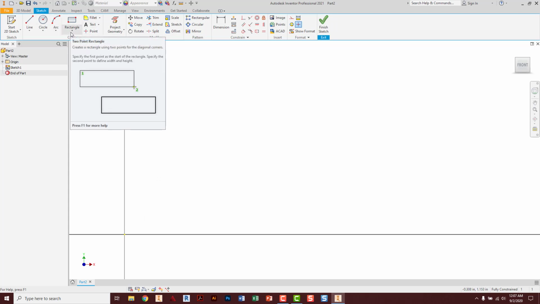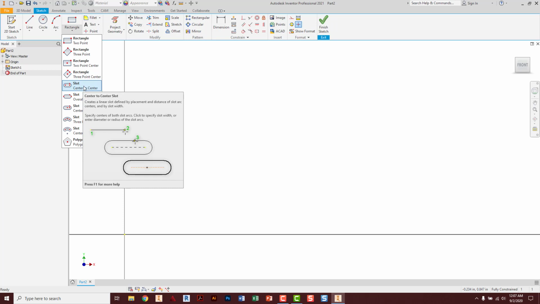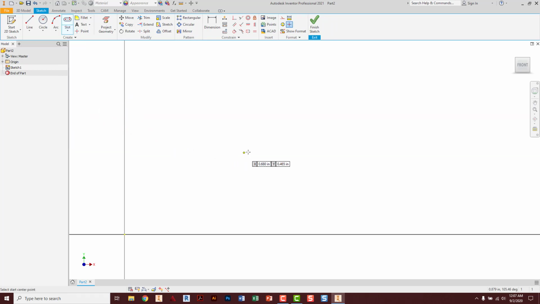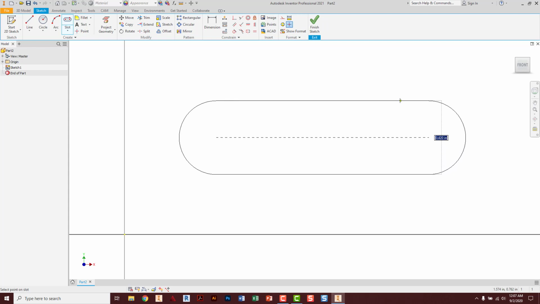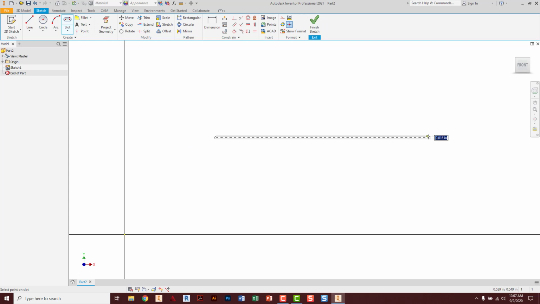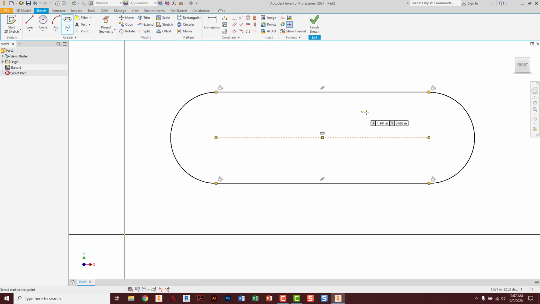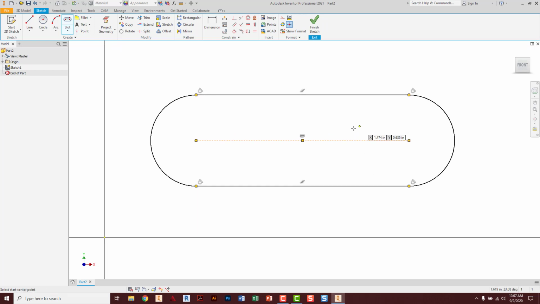I'm going to go up to the rectangle tool, click the drop arrow, scroll down to a slot tool, center, center. The first click is one side of the center point. The next click is the other end center point. And then my third click, these are all left clicks, sorry, by the way. So it was left click to start, left click for my second, and the third left click is just to rough in the size or the shape of this object. When I'm done with the tool, I click the escape on the keyboard,